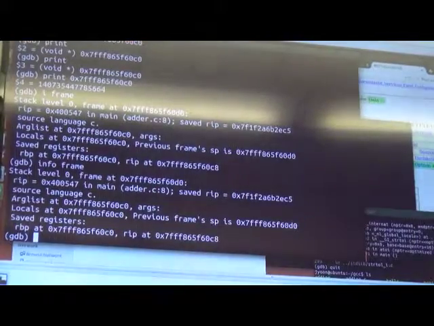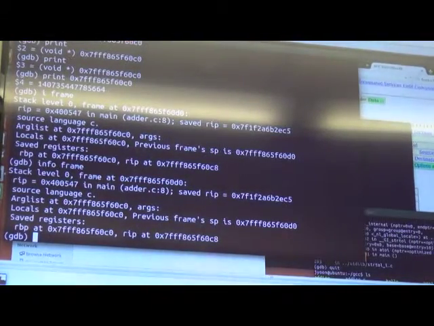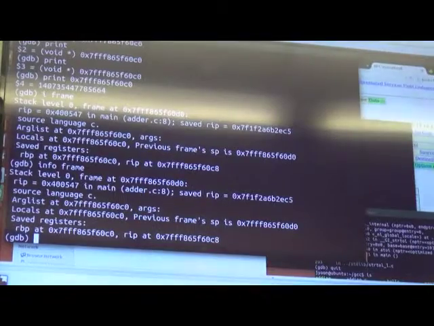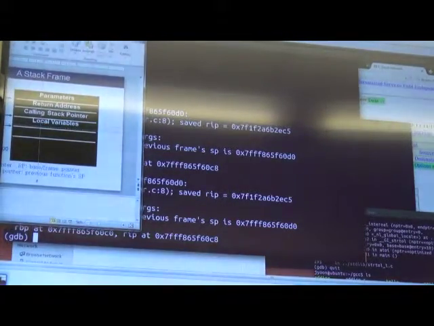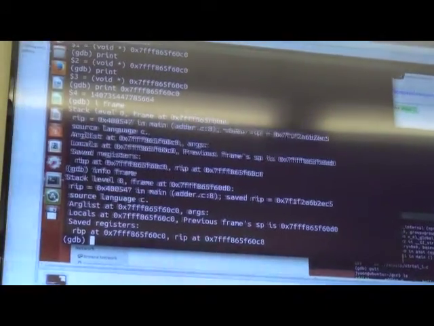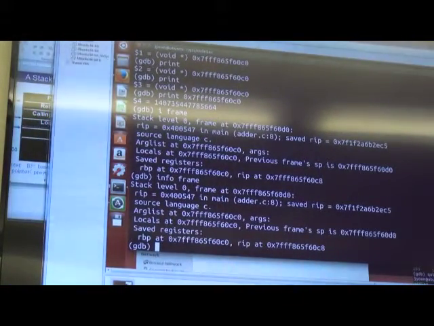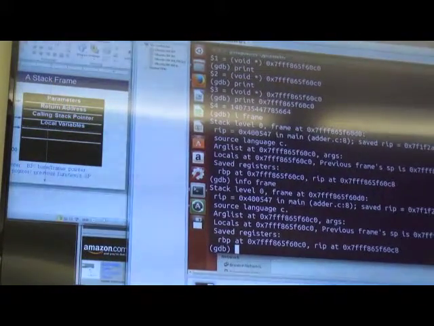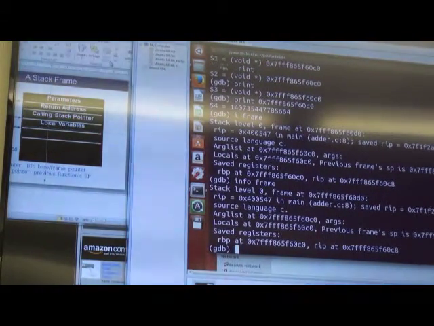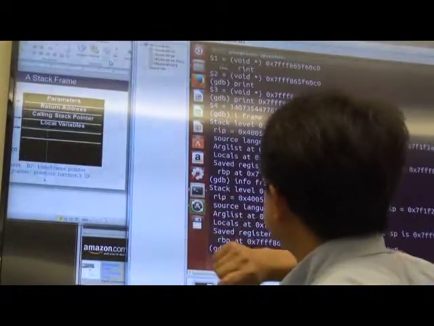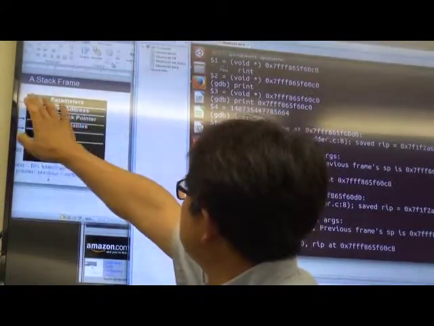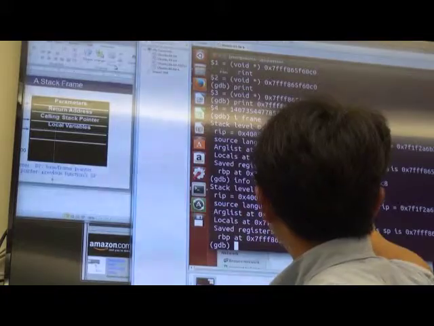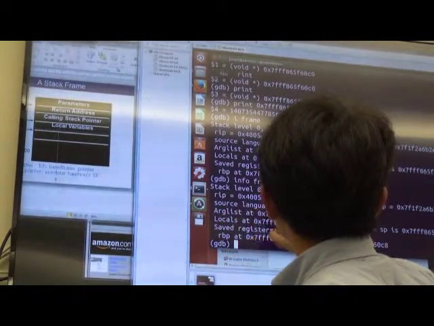Let me see if I can bring this somewhere here. Okay, and then I can push this a little bit away. All right, so I want you to compare those two. This is a frame, a stack frame. So this is the beginning of that. That is the address of that, right? And then in the main program,